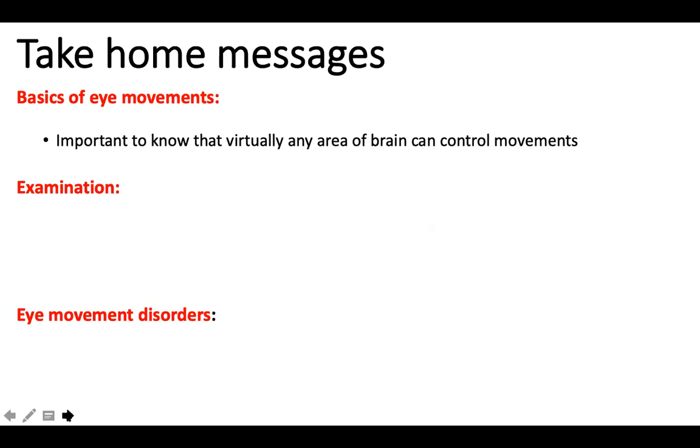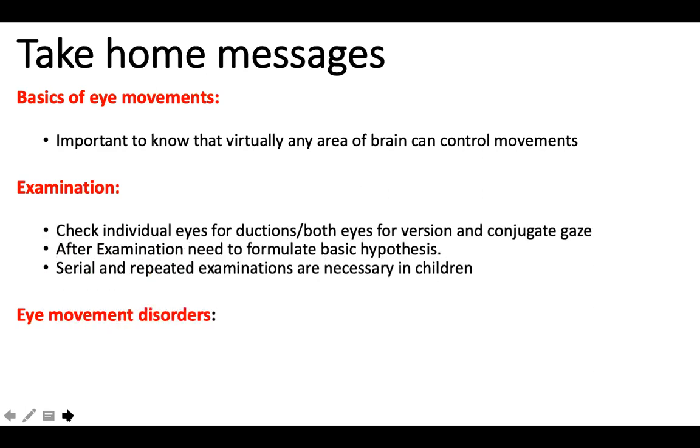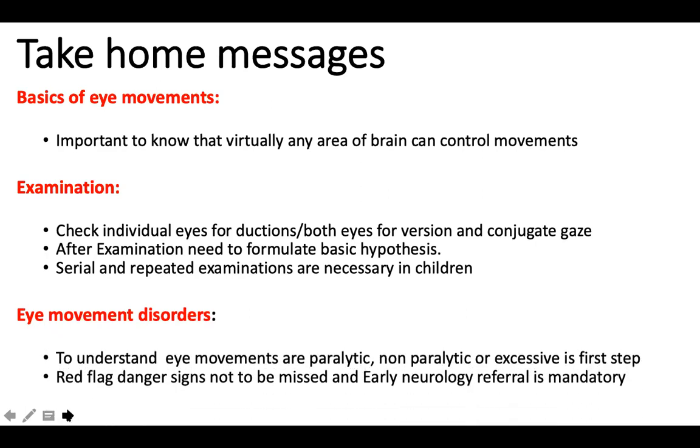Do a proper sequence of examination. In examination, we look at how the eyes are aligned. We look at the cardinal positions of gaze, we look at the pupils, we look at the fundus. You have to check each eye individually first, and then check both eyes. And once you have a conclusion between a hypokinetic eye disorder and a hyperkinetic eye disorder, you can think about anatomy, between a supranuclear, nuclear, and infranuclear lesion.